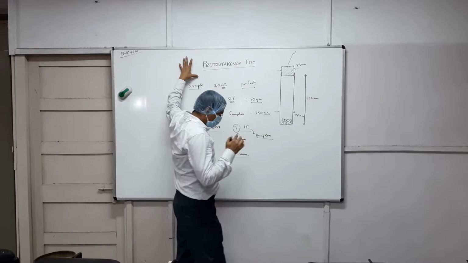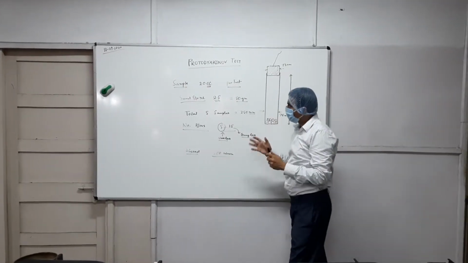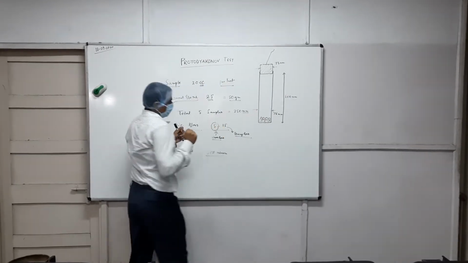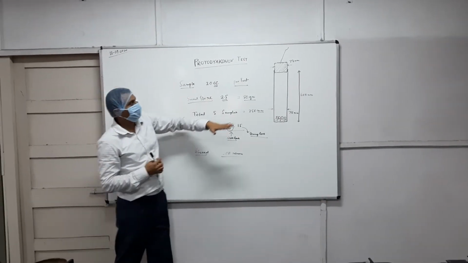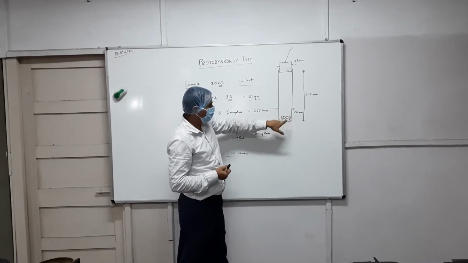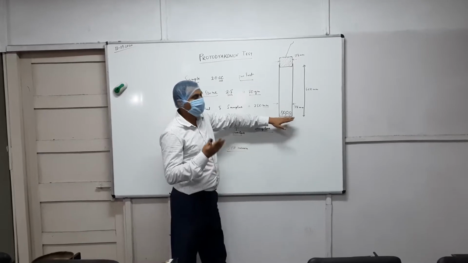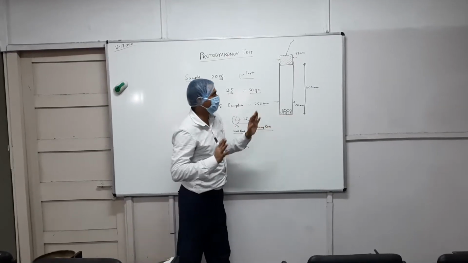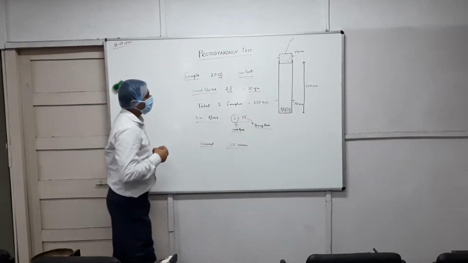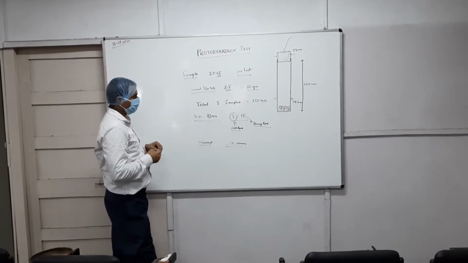The principle of this test lies in applying impact load to the sample. By applying impact load to the sample, the sample will become powder. So we will weigh the powder and accordingly determine the index. Now let's start. What is the system we will follow to do this test?